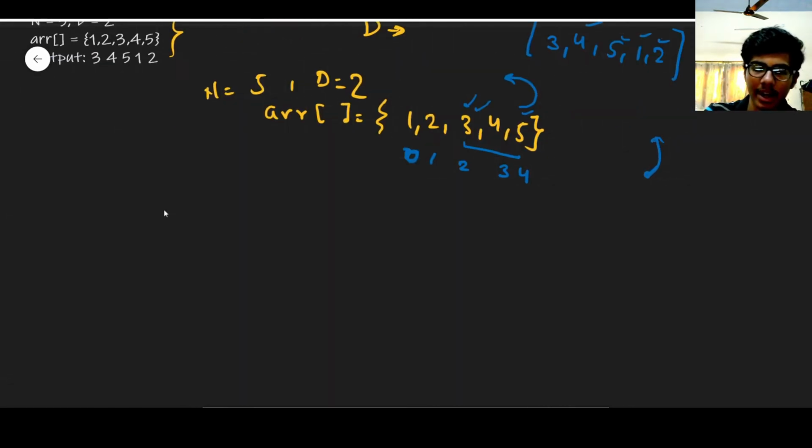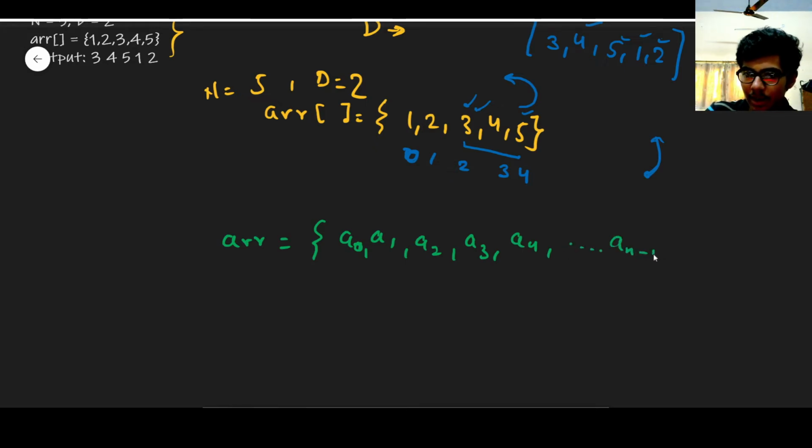We are given an array A0, A1, A2, A3, A4 till An minus 1, because this is zero based indexing. Now we have to rotate it by d elements.